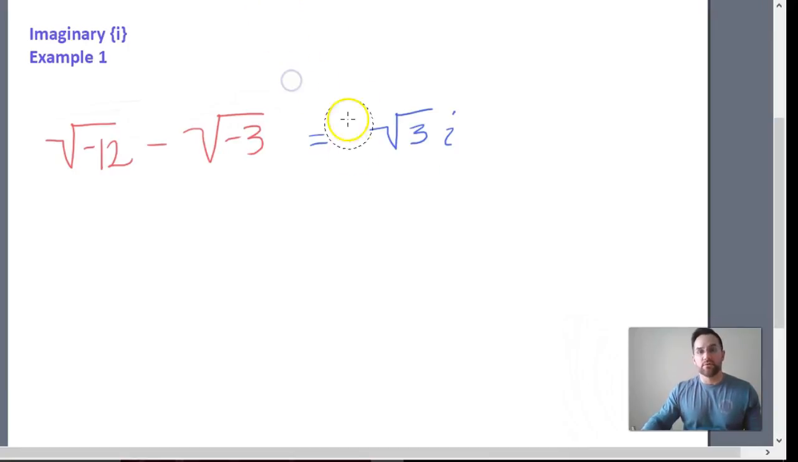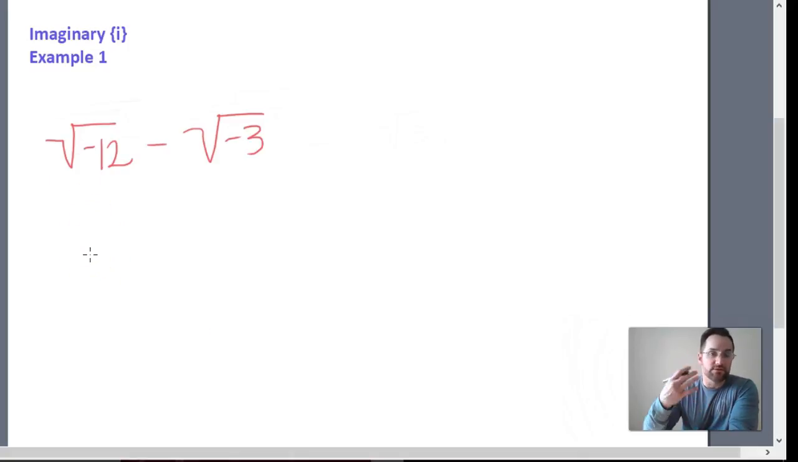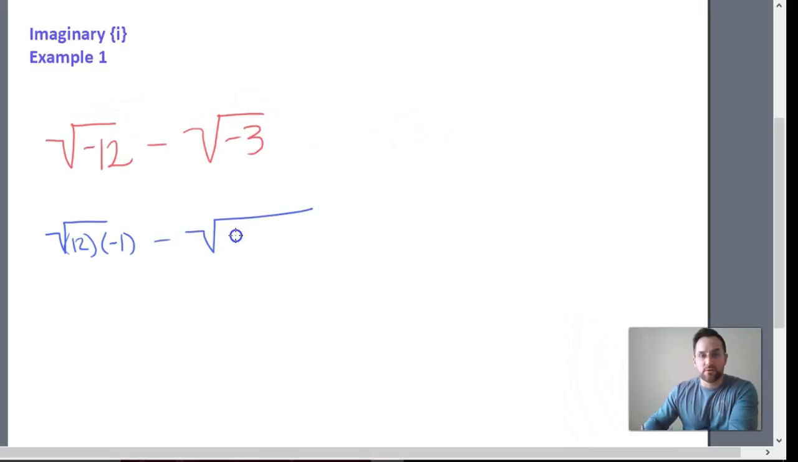Okay. I'm going to go ahead and erase this bit in blue. All right. So we have square root negative 12 minus square root negative 3. So we can rewrite this as square root 12 in parentheses negative 1 minus square root 3 in parentheses, negative 1 in parentheses, so times